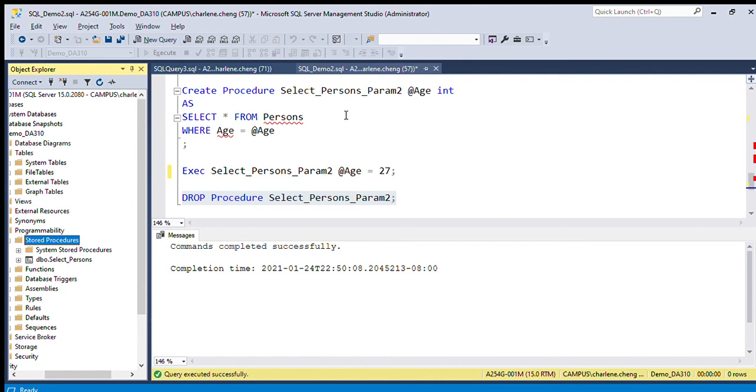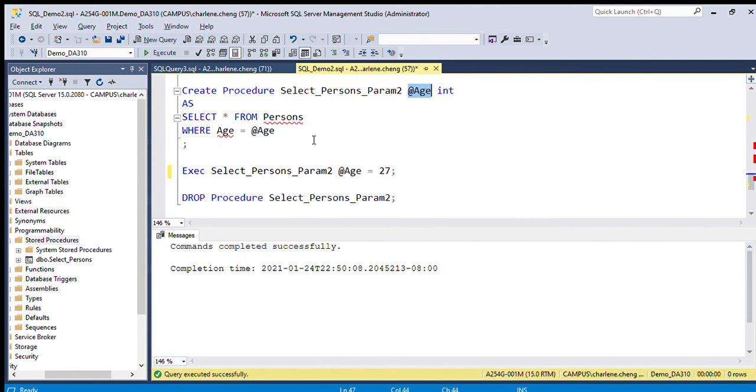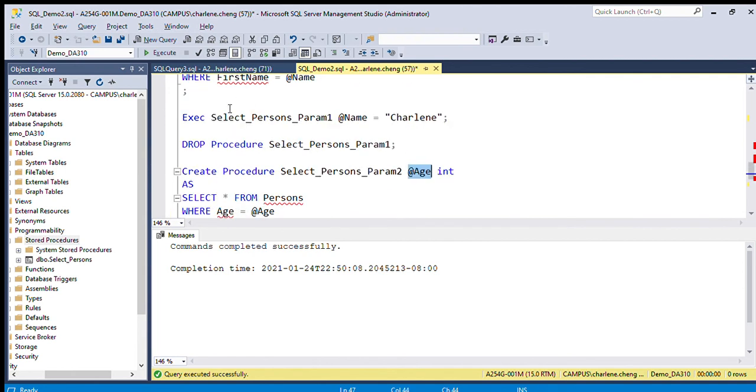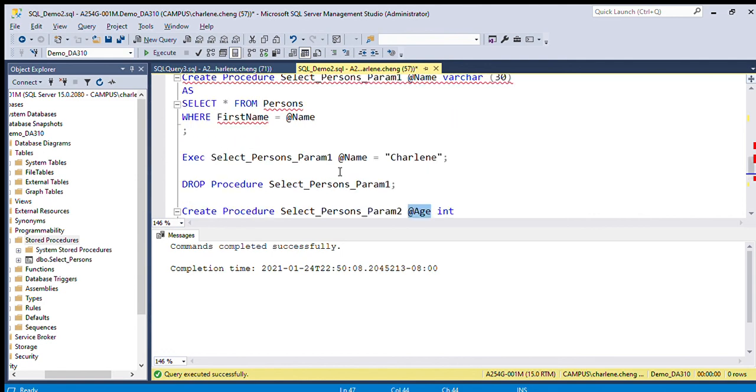Okay, when you define a stored procedure, you can actually have more than one parameter, and the stored procedure is going to help you to just